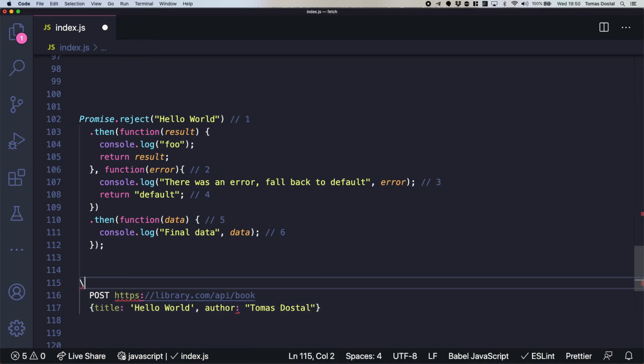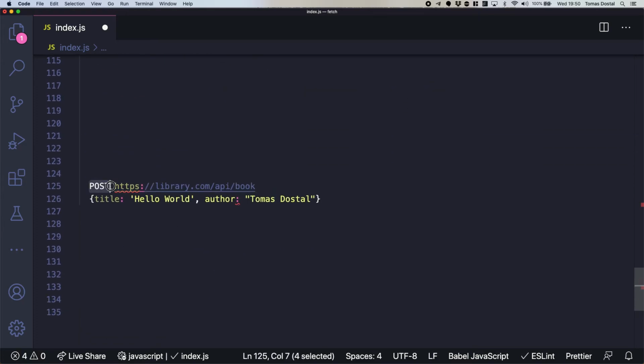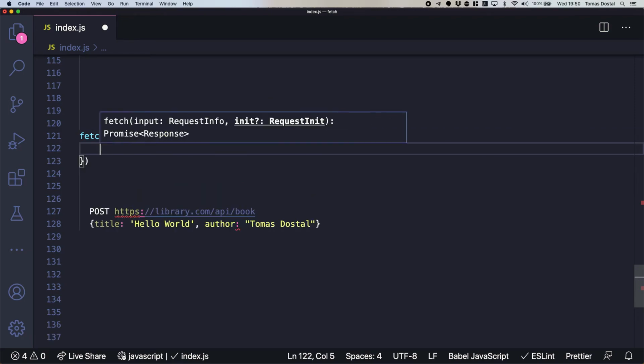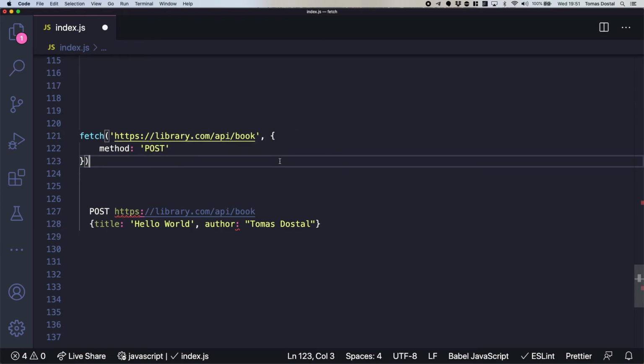For a GET request, yes? And that's the syntax. Is it post like this in capital letters? Well, usually we put them in capital letters. I mean, it doesn't really matter. But if I write it like this, it is what you would normally see in documentation or logs or something like that. If you want to actually make the request, the syntax would be something like this. So this would be the syntax for fetch.